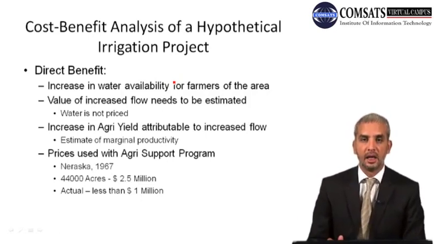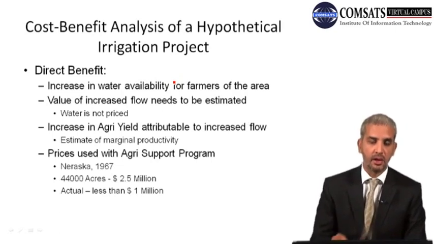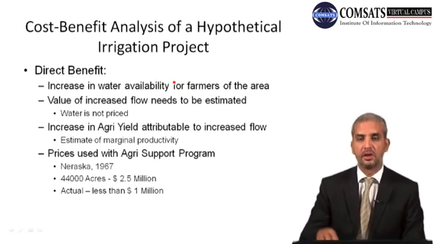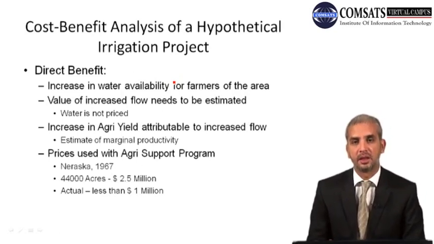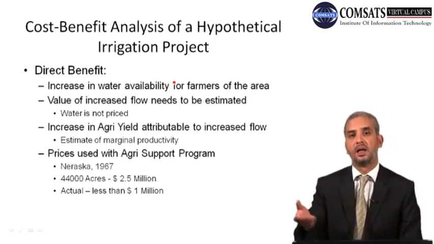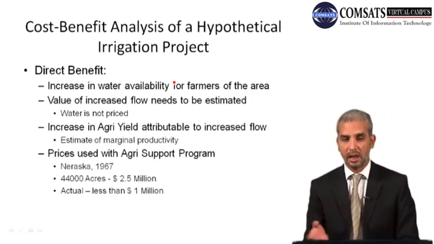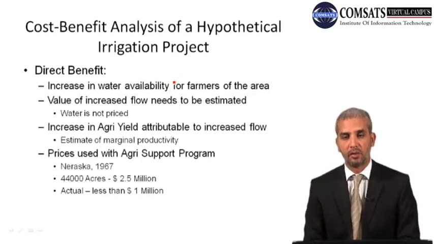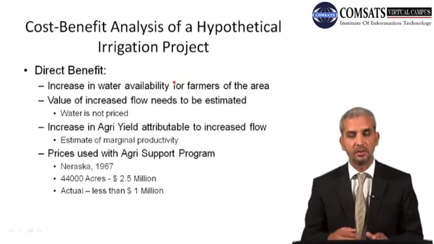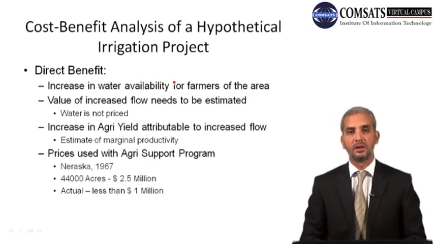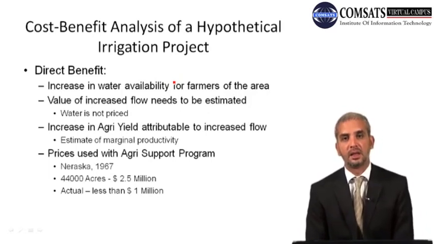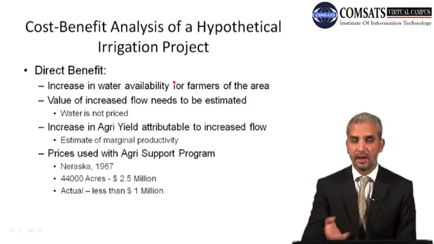So when accounting for the value of water flow, the prices that were used were the subsidized prices, not actually the market prices. Now the subsidized prices might be much higher than the market prices. As we expressed before, whenever a farmer is subsidized, one subsidy is in terms of, for example, reduced cost of inputs. Another subsidy might be in terms of price ceilings and price floors. In fact, price floors.